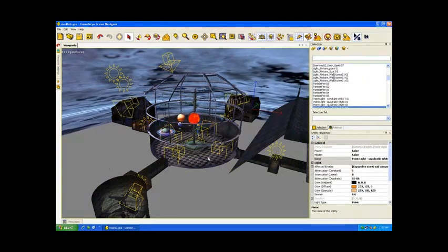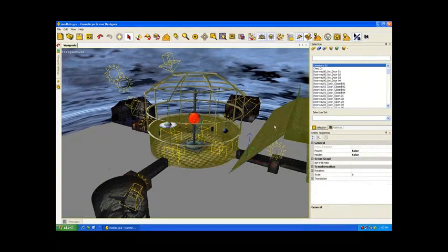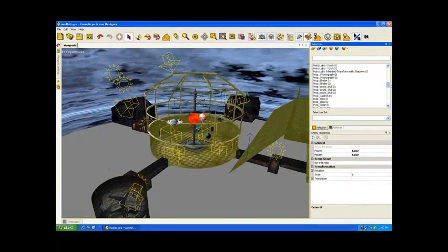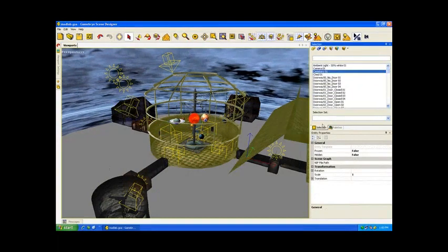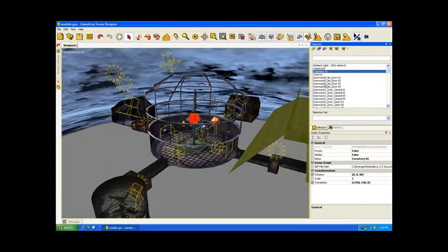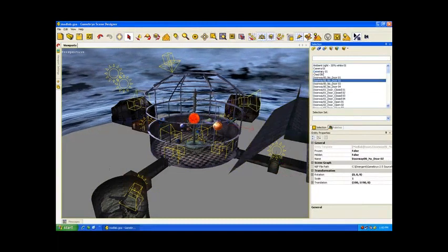Now you may want to select multiple things, so I may want to select this. If I hold down the control key while I'm clicking, I will select a second one. And if we look over here, you'll notice that they're actually both selected in the selection panel. That, of course, is another way to select things, is by clicking on them in the selection panel itself. And this is a multi-select